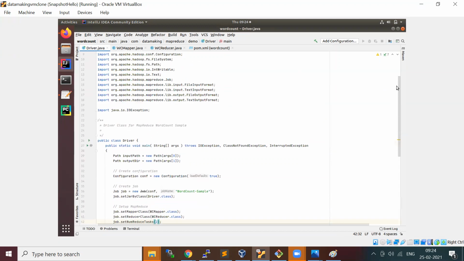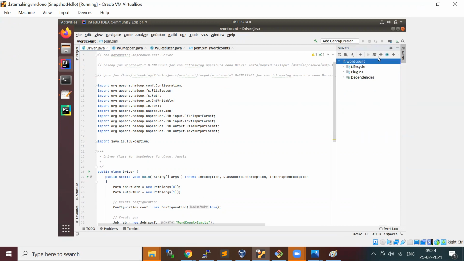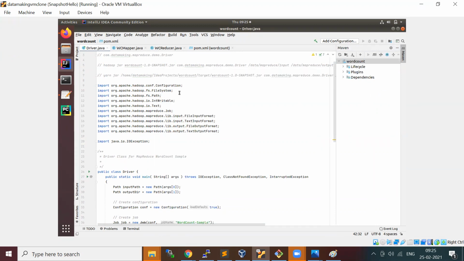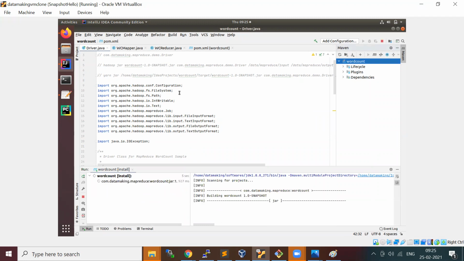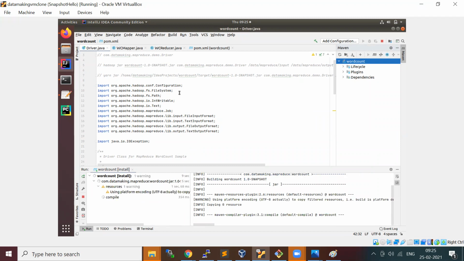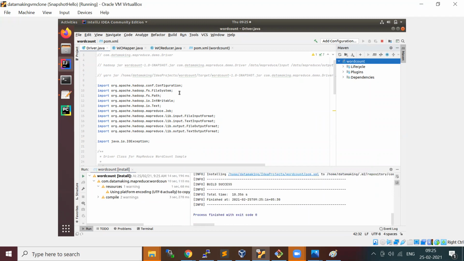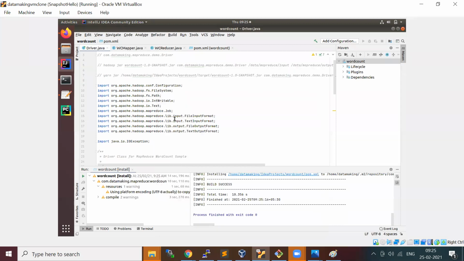So I will build this jar with Maven install and Maven package.